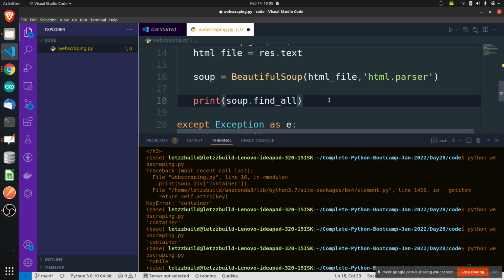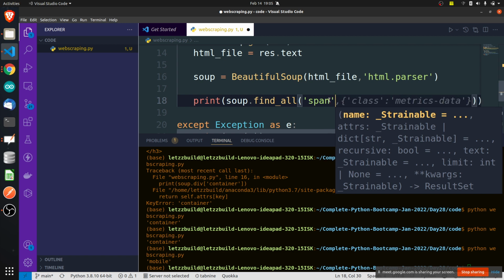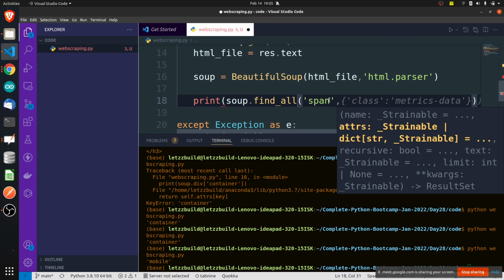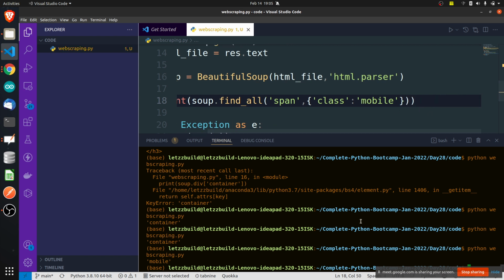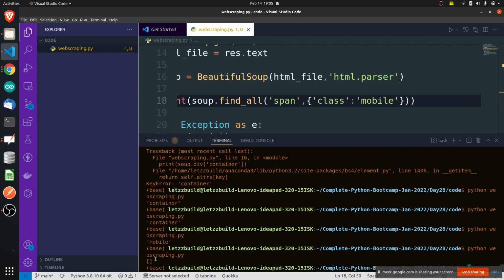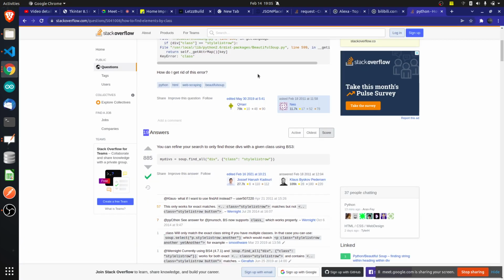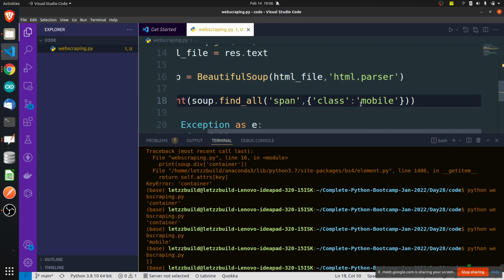underscore all, and I'll say search for the span tag which is having a class. Search for a span tag, and in a dictionary I will have to write which is having a class of mobile. Okay, so in a dictionary I have to write this. Looks good. Okay, I want this, and let's see what it prints first of all. From that I want the text which is available inside that particular tag. It is empty. Okay, so is it not there? I wrote something wrong. A span tag with a class Mobile, capital M.